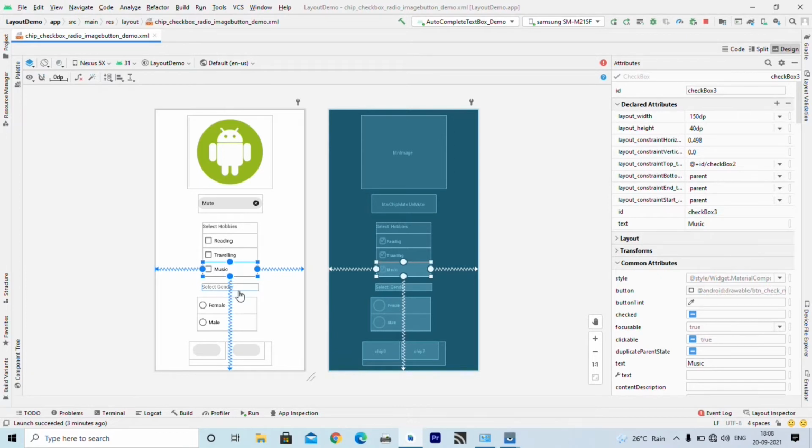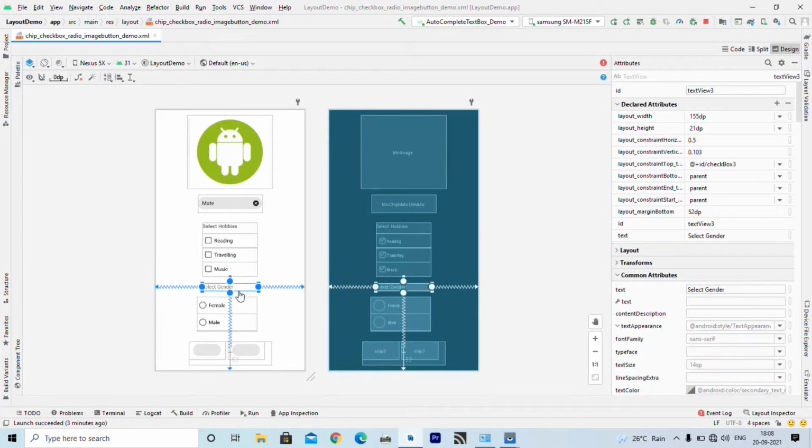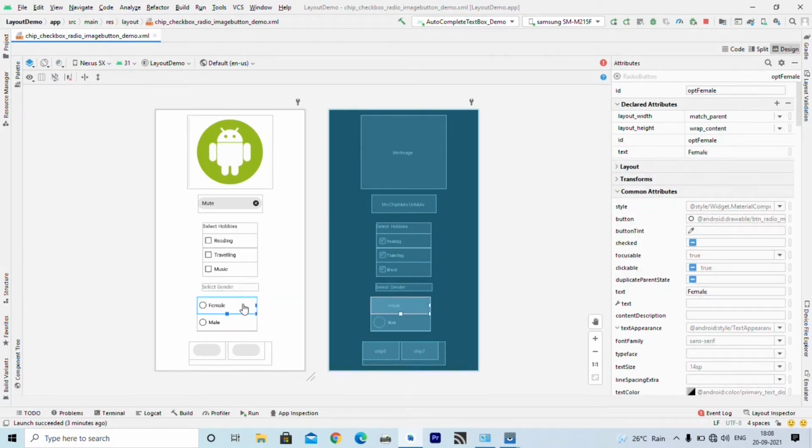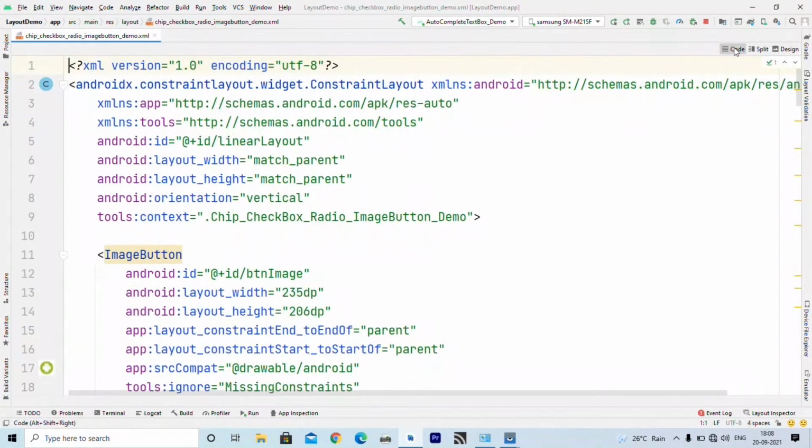Again we have text view to write message, select gender, but here these radio button female and male are arranged inside radio group for providing mutual exclusion, right. So, inside code you can verify that.